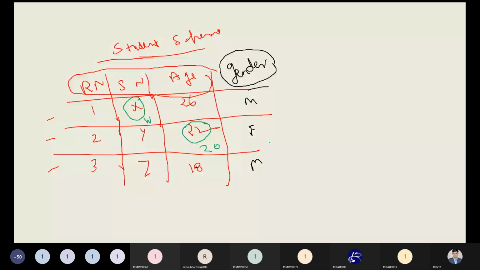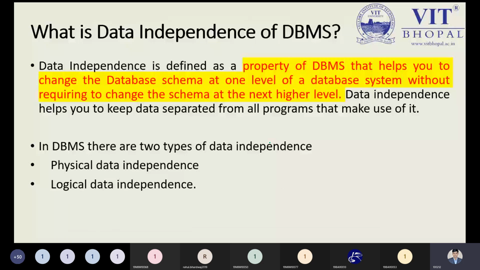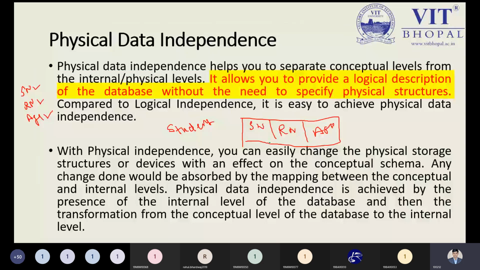देखो ये पढ़ो ना। फिजिकल यहाँ पढ़ो। Physical data independence helps to level from the internal or physical level, and this level is done at the physical level. तो फिजिकल स्कीमा, फिजिकल डेटा इंडिपेंडेंस या फिजिकल जो भी काम करेंगे वो आपके फिजिकल लेवल पे होंगे, और फिजिकल स्कीमा जो बनेगा फिजिकल लेवल पे बनेगा।